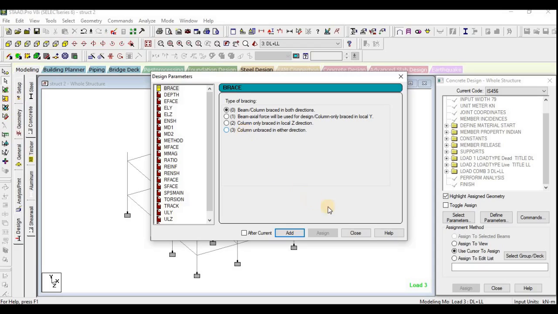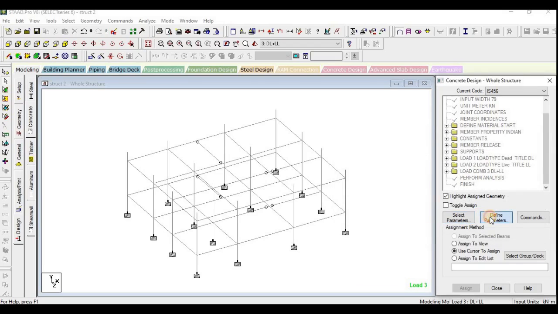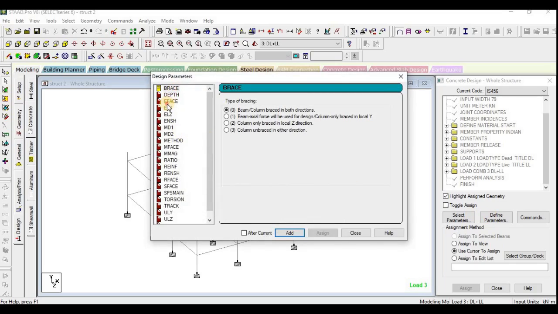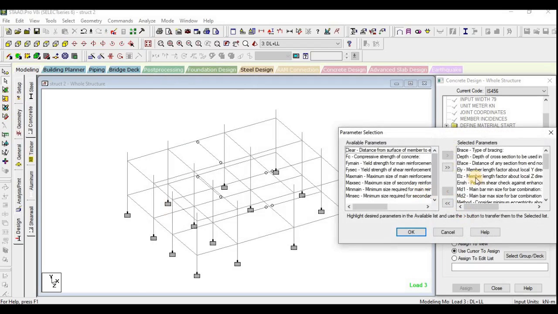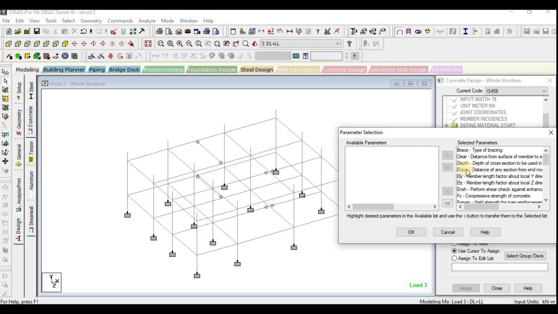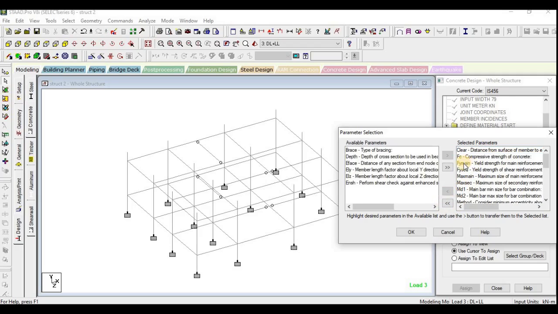Now define parameter. Sorry, you need to reverse it. Here this value should come here, then the remaining, that is except clear cover, everything remaining should be brought here: Fy main, secondary, method.